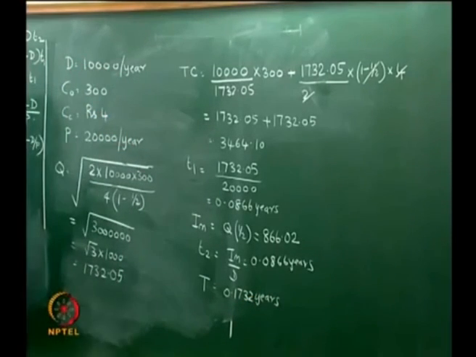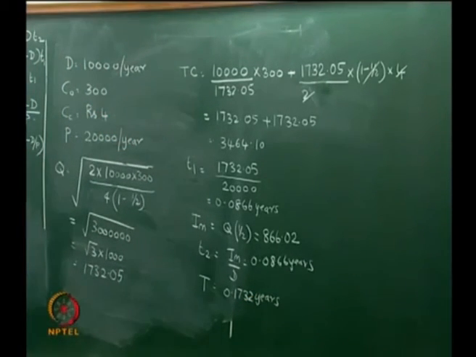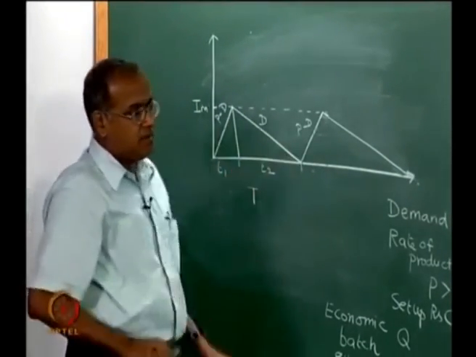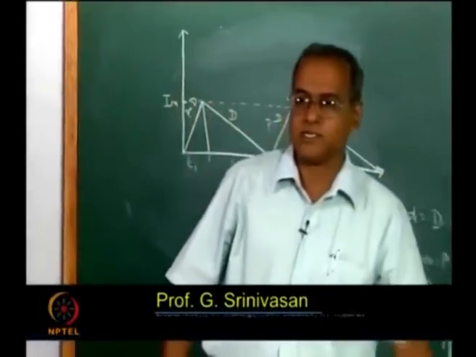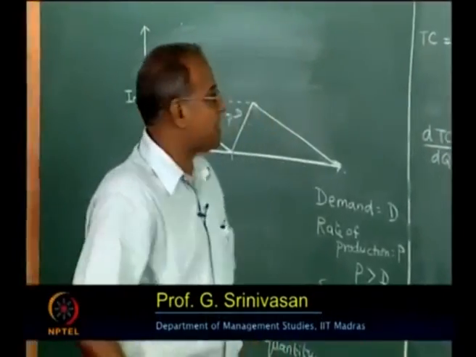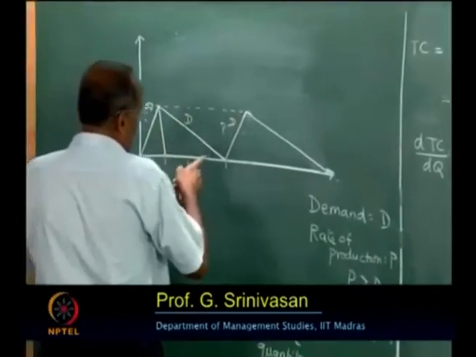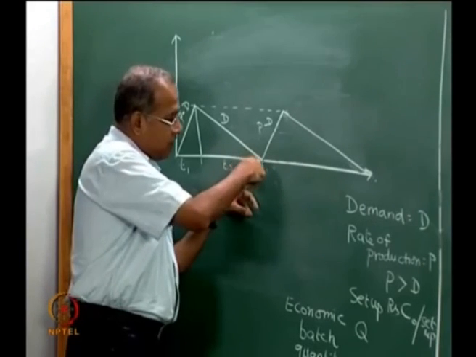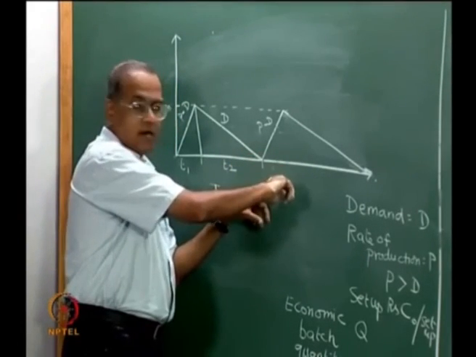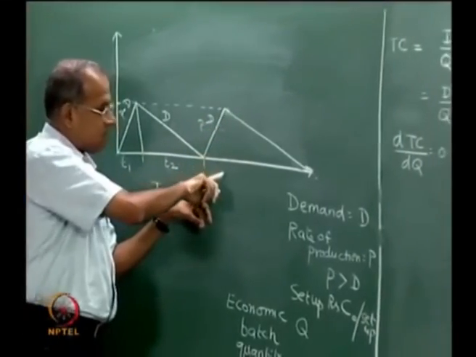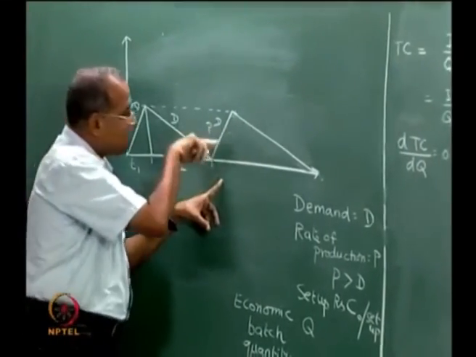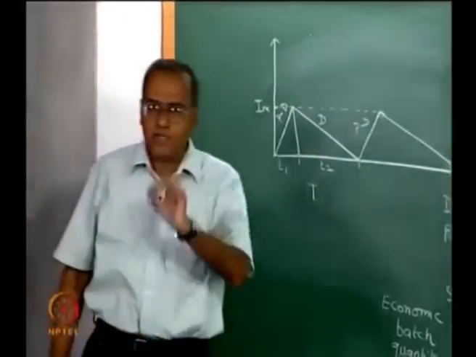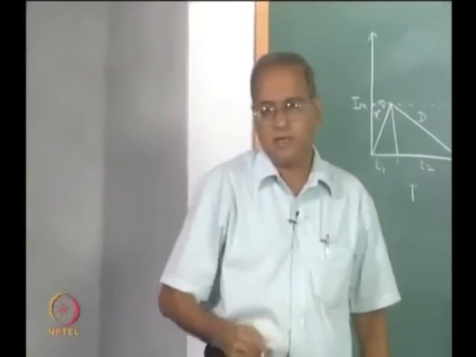Yes. So, in this particular example when we draw the graph, you realize that T1 is equal to T2, which need not be the same for all other kinds of situations. So, the next model that we should be looking at is, can we allow for some back ordering here like we did in the bought out items? Can we allow for some back ordering, build up a back order and then produce, satisfy the back order first and then build up the inventory. So, that would be a production consumption model with back ordering, which we will see in the next lecture.